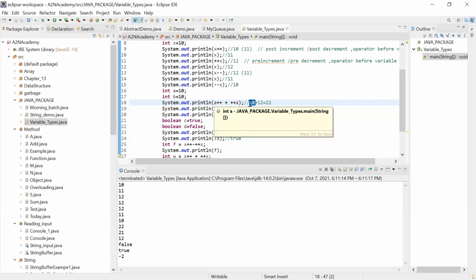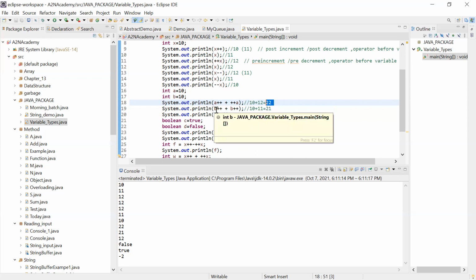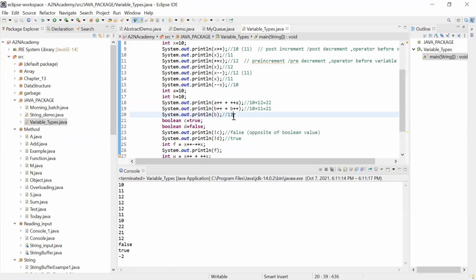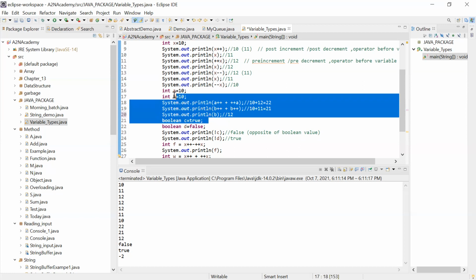So 10 plus 12 will become 22, right? Similarly, B value 10. So here it is post, right? So you are going to use 10. You are going to increment the value after using B. It will become 11, plus 11, and then you are going to check the value of B. It will be 12. Am I clear to you on this part? You can see here, if